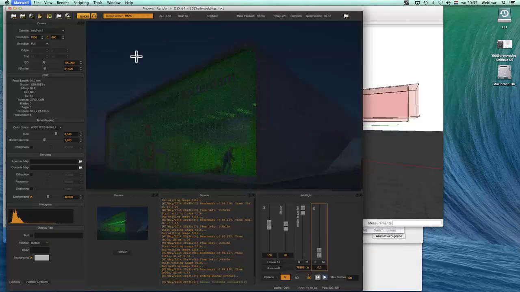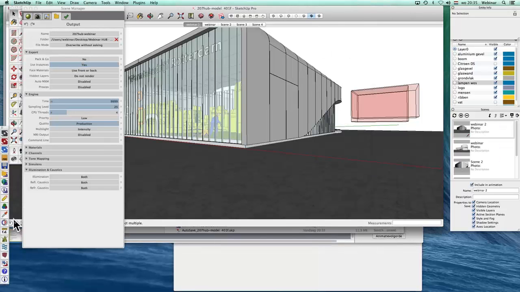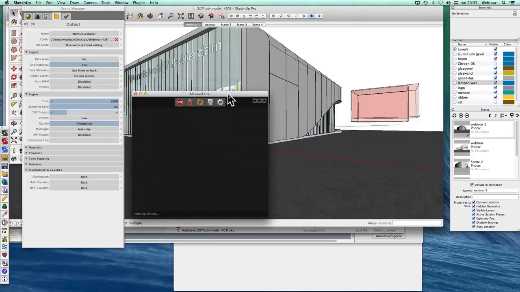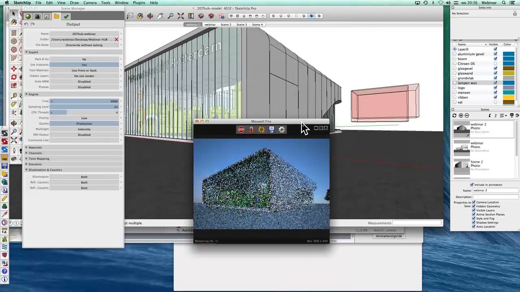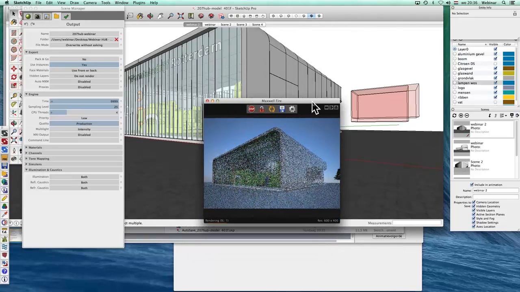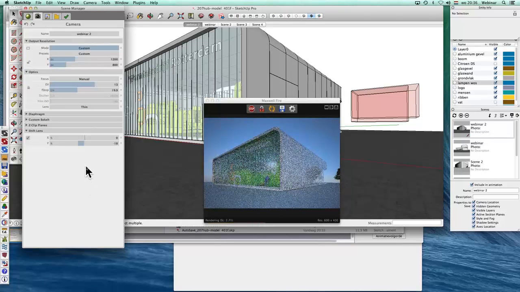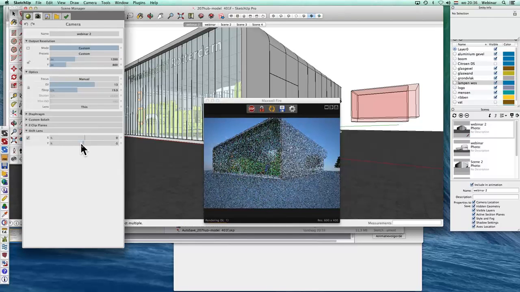So there it is. I'll quit it, and then I will switch on Fire. Let me see, here it is. And there we go, updating output, processing materials. And there it is. Then I can show you a little better what happens if I adjust camera settings here. Before I said something about the shift lens, and look what happens if I reduce the amount of shift. You will see the image move up. It's almost like using a technical camera